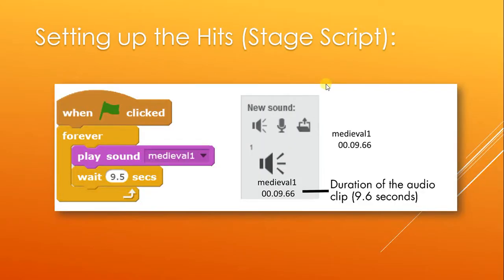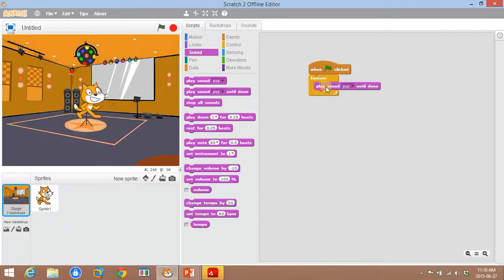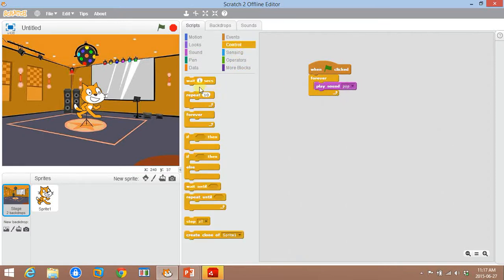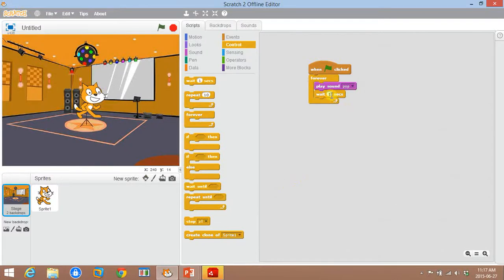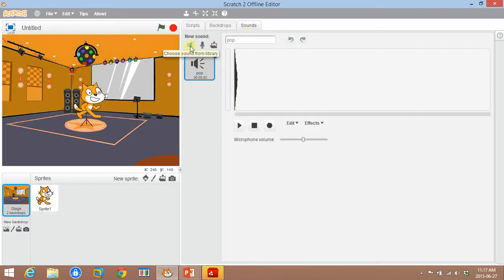Okay, let's just make sure we've got the right code. Okay, we need to play sound. Then we need to control wait. Now this is an example of, as I mentioned earlier, this song actually fades out. So rather than fading it out, we're going to use this one, and the time we used is 9.5 seconds. You'll see now when we load it up, that's pretty close to how long it is without the little fade section. So let's go to our sounds, click on here to find it,